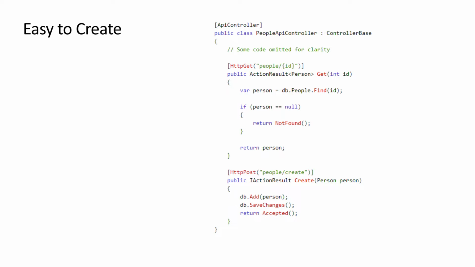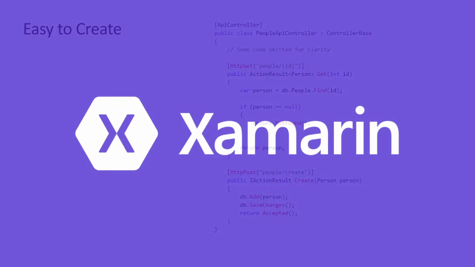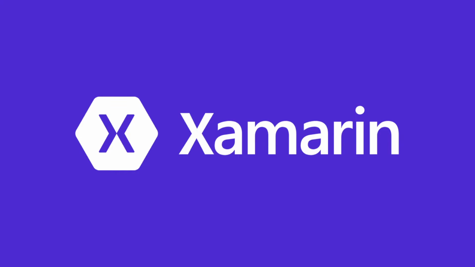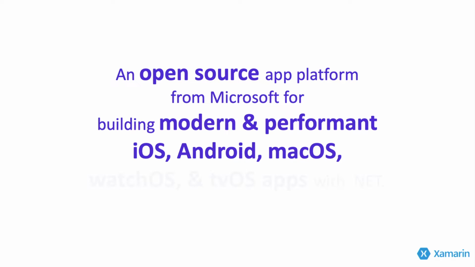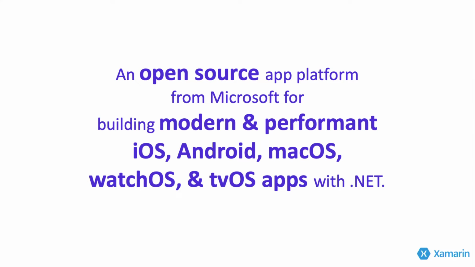And that's why ASP.NET and web APIs tied together with Xamarin creates a really great story, which I'll talk about here. Now, I come from the Xamarin side of things, and really Xamarin as a whole is an open source app platform from us here at Microsoft to truly enable you to build for all sorts of different platforms that you wouldn't think .NET would go to, such as iOS, Android, macOS, watchOS, and tvOS applications. So this means now you can take your .NET skills where you've been building web applications or desktop applications and apply them to all of these beautiful applications and build native apps.